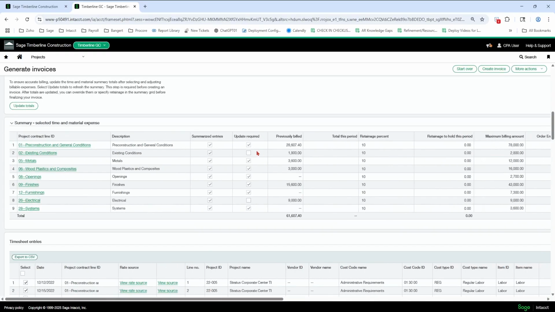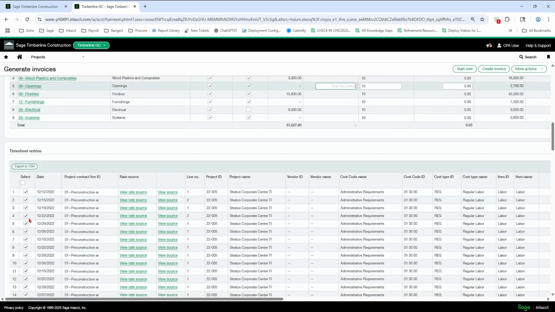It's got the same summary, but I have a total this period now that I can actually do something with. So I'm going to show you best practices and I'm going to show you what you can do. You're going to want to really listen to the best practice here because it will trip you up if you do it differently. So I'm going to hit update totals.